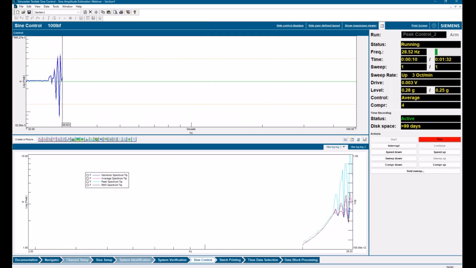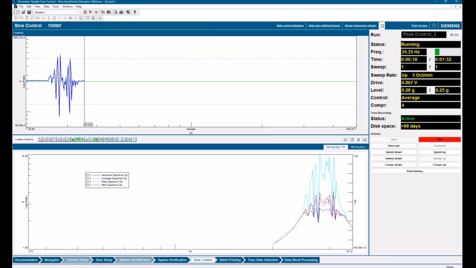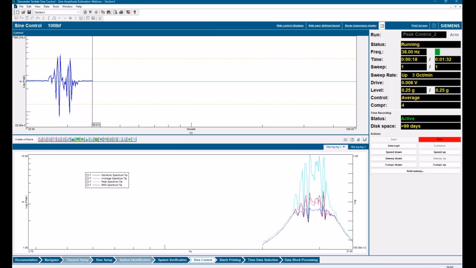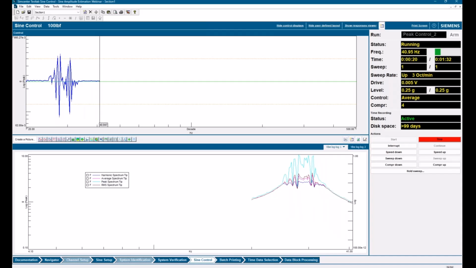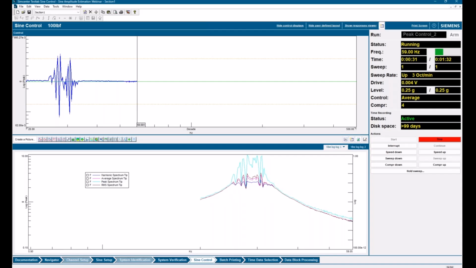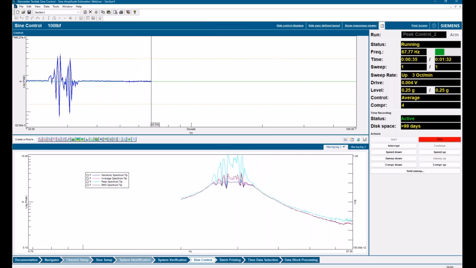Now we can see here this peak estimation method. This is this control instability that I mentioned before. Right, so harmonic really helps with that because it's rejecting basically anything that's not periodic in nature.